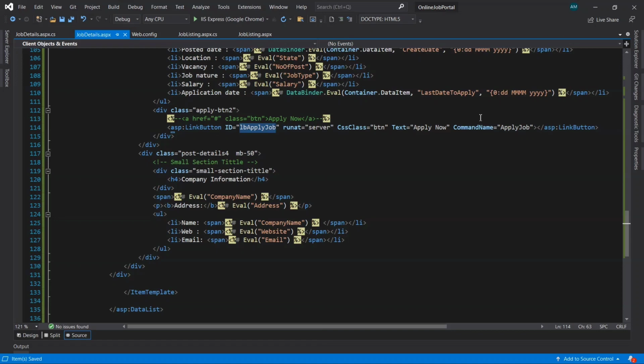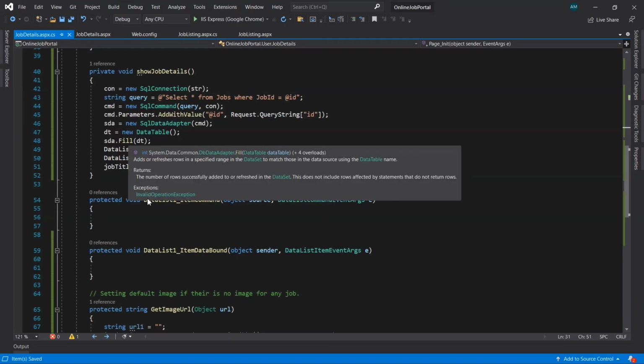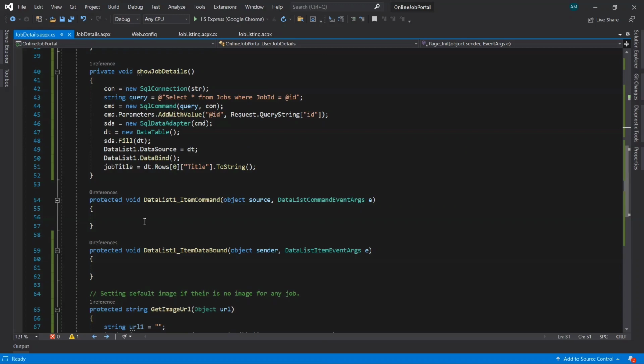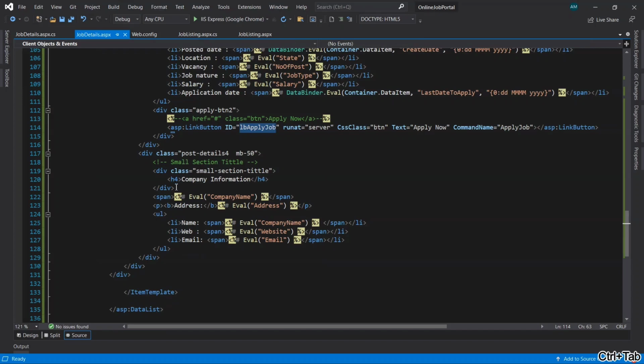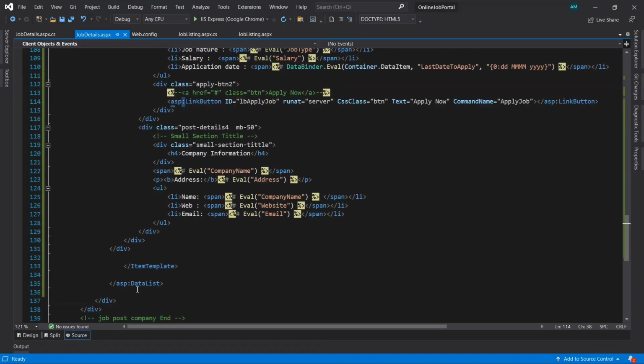Okay, so let's go to this job details page. Now here inside this data list item command, this link button comes under this data list control. Okay, so we can get access to this link button when the link button is clicked.